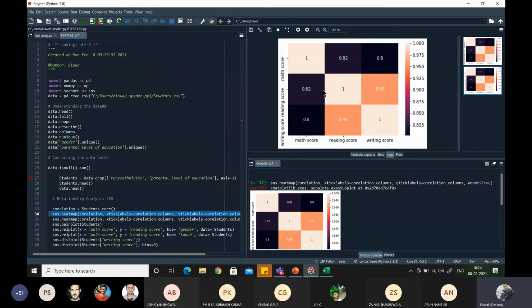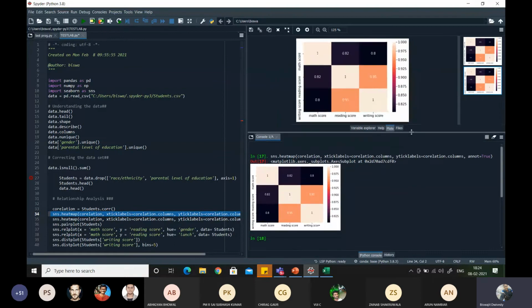So if you reverse the order, it will give you the same value. You might have studied this in signal processing. This is one of the primary tools used for relationship analysis.